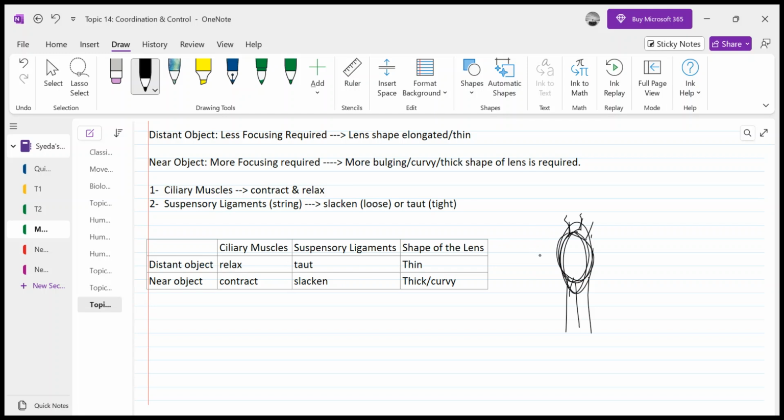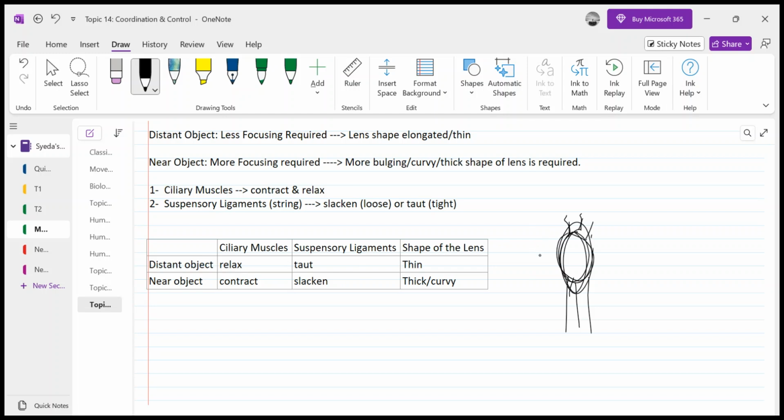We will be solving 2 to 3 questions relevant to it in our next class, to basically apply our knowledge of lens accommodation to any example given to us. For example, if we have to see a bird flying in the air, what are the events that will take place in the eye to make us see that bird clearly?